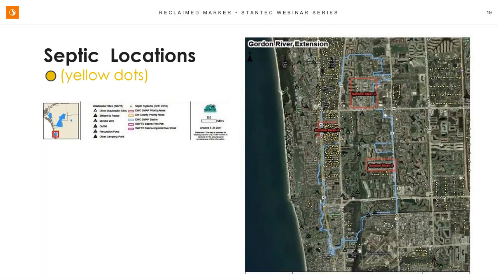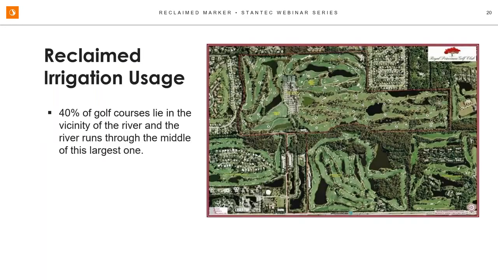Now in Collier County, the blue outline is just showing you the watershed boundary. What you do notice is a lot of yellow dots in this figure, and those are their best estimate of where they think septic systems are. And if you get maps from the county versus the state, the dots, the numbers don't add up and the positions don't quite add up. So they're not 100% sure they have all of them, but there is still a lot of septic influence in this area. There's a lot of reclaimed irrigation usage, and